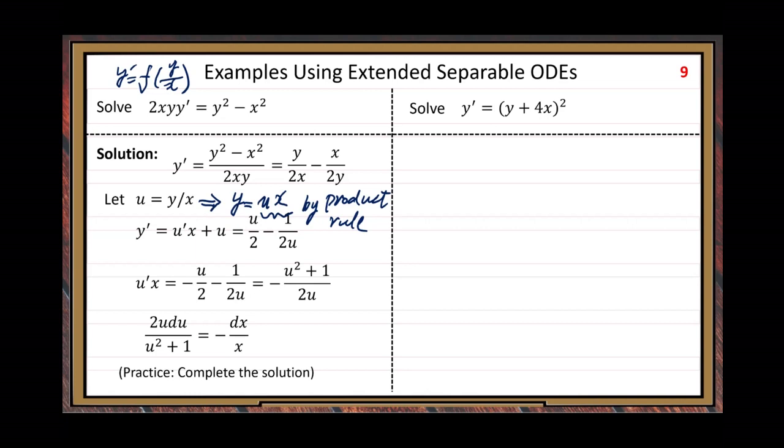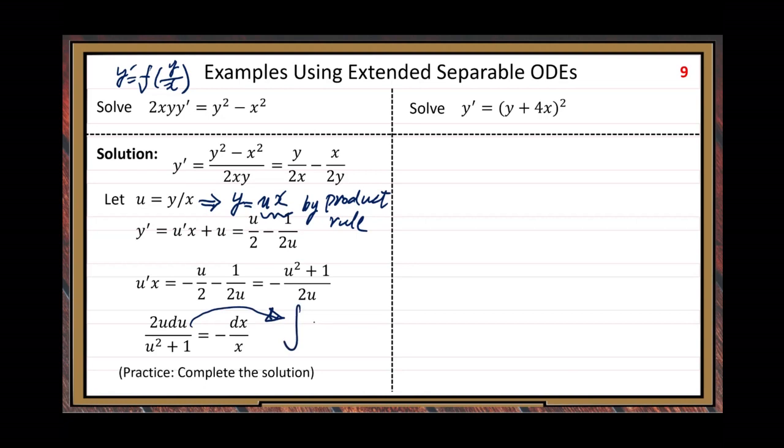Before I skip, because this part is easy, do you know how to find the integral of this one? Any idea? Substitution? What substitution do you want to do? Denominator? Oh, good, pretty good. So all of you want to do substitution? Okay, because for me, I want to skip that substitution. Although it's okay, but for me,